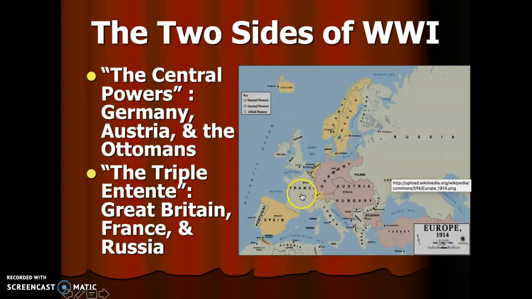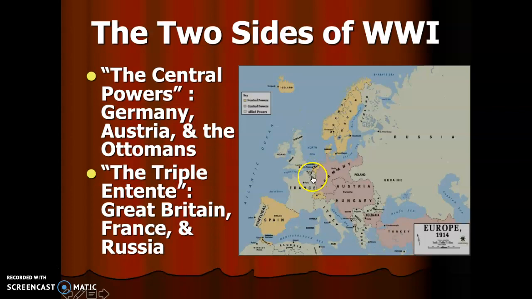They think, well, we'll quickly defeat France, and then as soon as we destroy France, we're going to come back and we're going to capture Russia. That was the idea. The German general believed that Russia was slow to mobilize because they did not have the industrialization that France did. Russia was having a shortage of railroads, and they just thought that France was more prepared than Russia. So they thought, honestly, we'll defeat France, and then we'll turn right around and we'll defeat Russia, and everything should be okay.